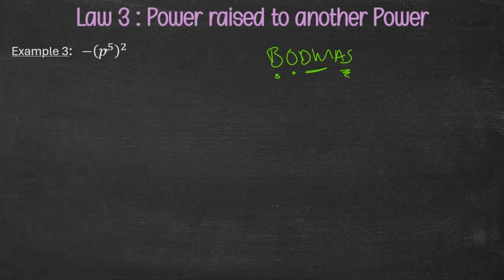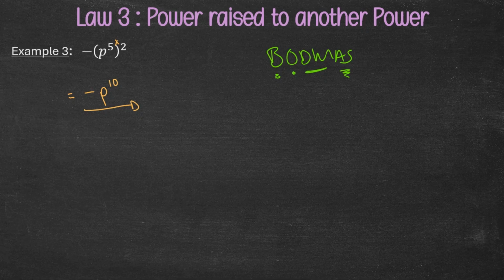Now, having a look at this bracket, I can see I can apply law 3, which is if I have a power and it is raised to another power, I can multiply my exponents. Therefore, I can write negative p, and then it's 5 multiplied by 2. That gives us 10. I got rid of the brackets. I just add my negative sign. So I cannot do anything else. I cannot substitute anything into this p. So this is my final simplified answer.